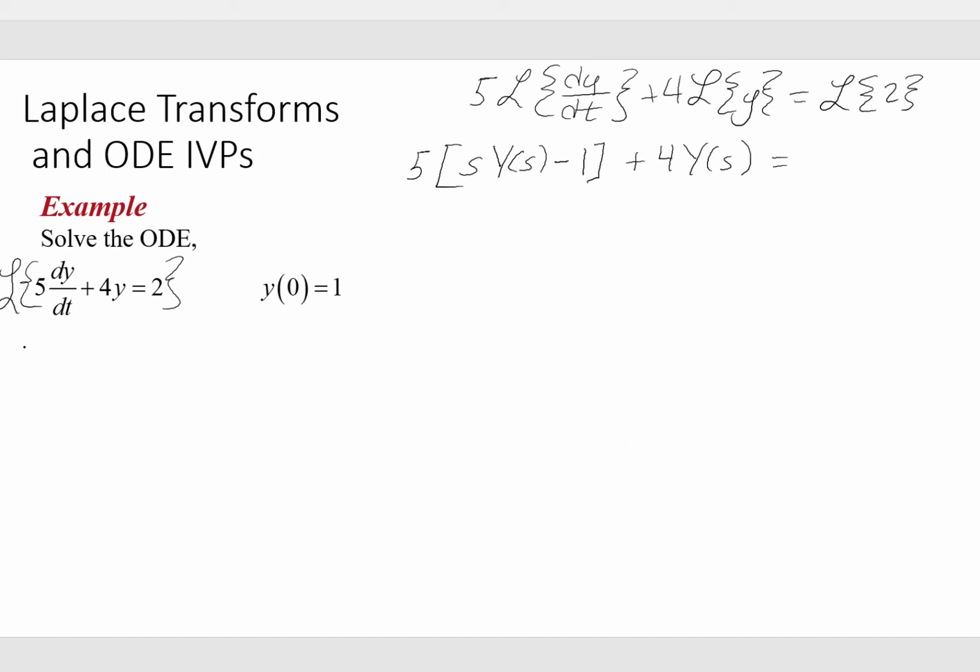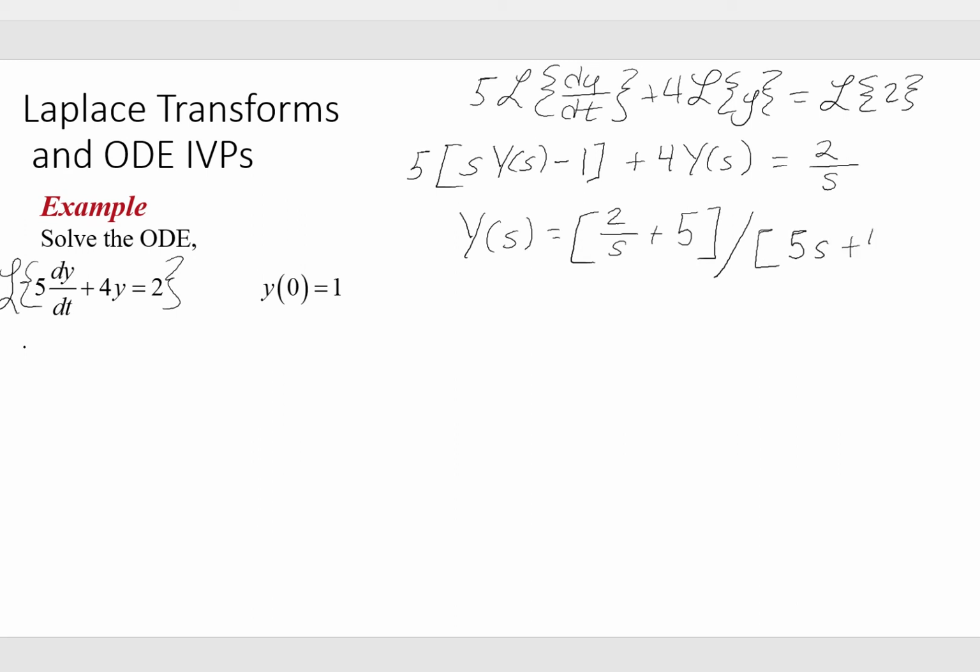When you have a constant, the Laplace transform of that constant is that constant over s. So in this case, 2 over s. Next we want to solve for the explicit form of Y(s). So first of all, I'll multiply through by 5 and move that constant over here. So we end up with 2 over s plus 5, and then this whole term divided by